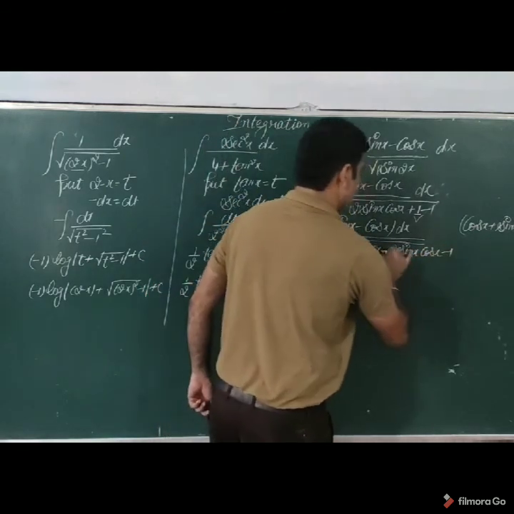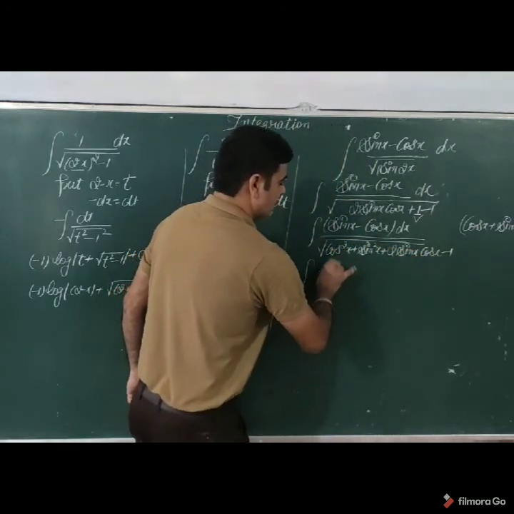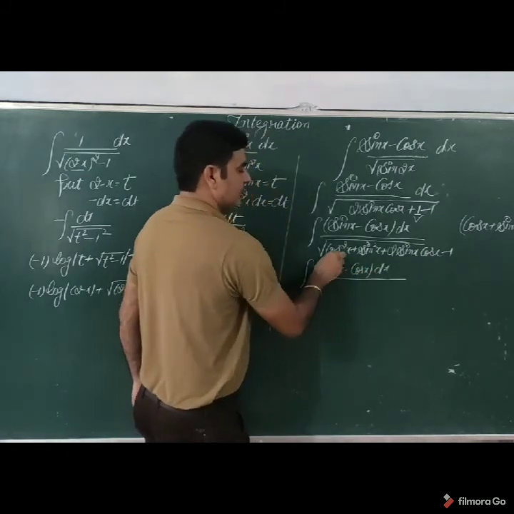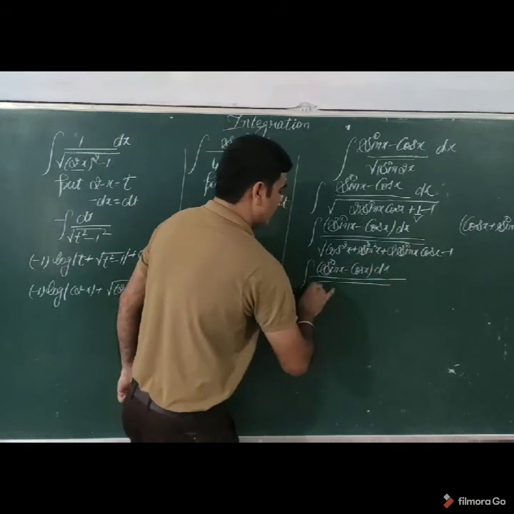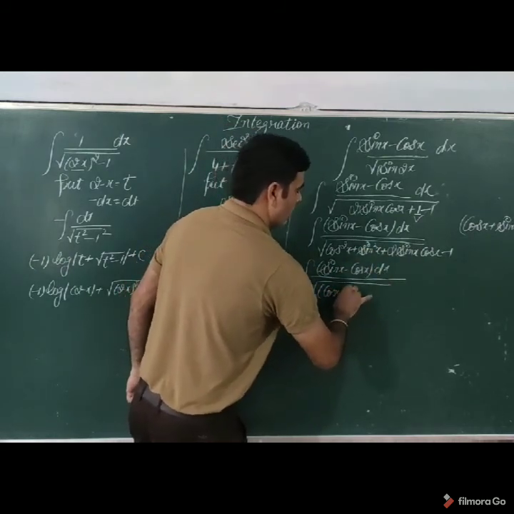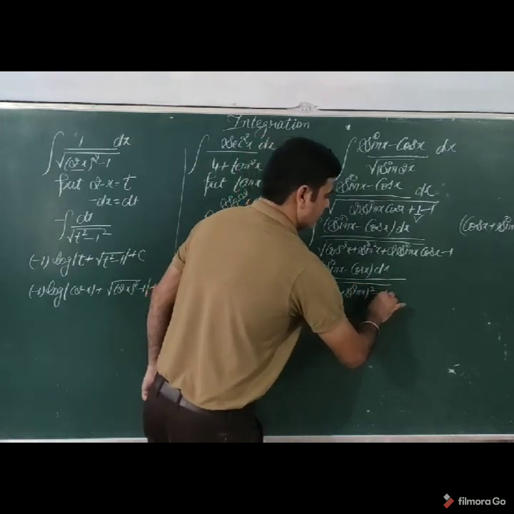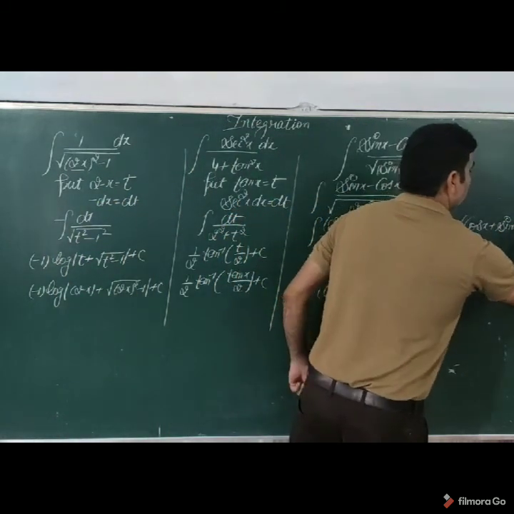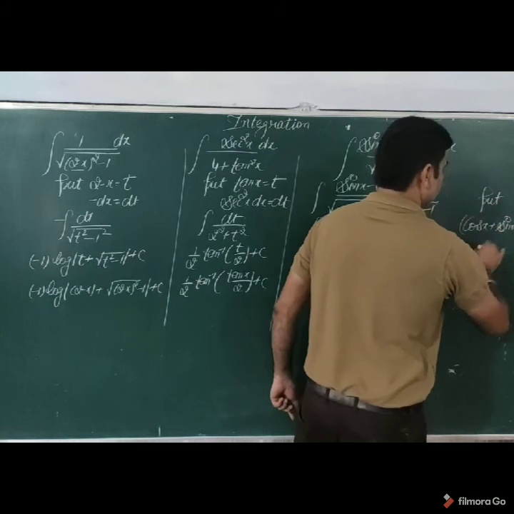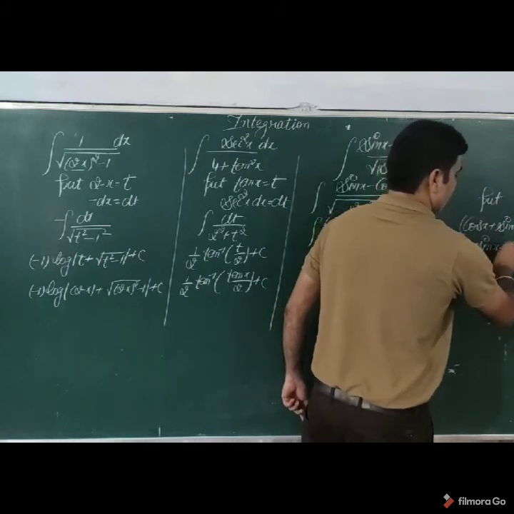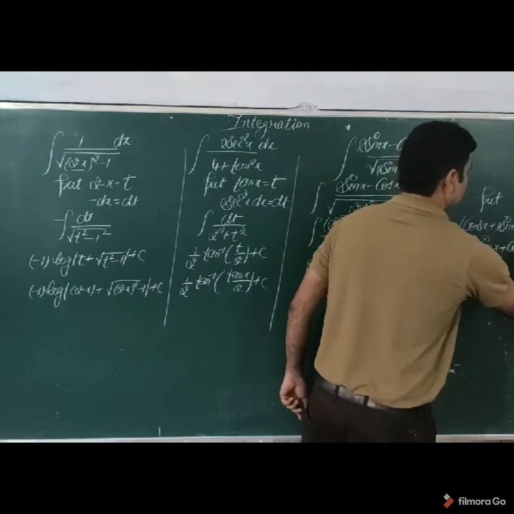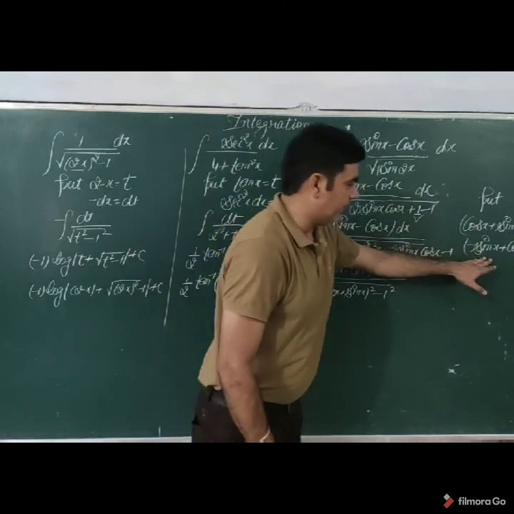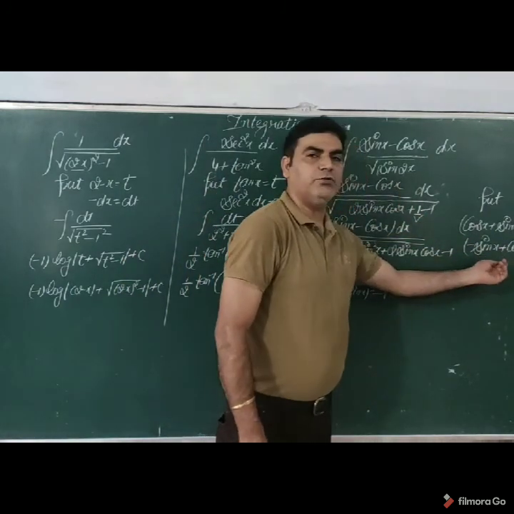Minus 1. Making this a perfect square, sin x minus cos x with dx. In the denominator we get a square plus b square plus 2ab, which can be written as a plus b whole square. Minus 1 can be written as minus 1. Now we are using cos x plus sin x equal to t using the substitution method. Derivative of cos x is minus sin x, derivative of sin x is cos x, with dx equal to dt. What is the change here? Here sin is positive but in the derivative it is negative. Cos is negative, here positive. So we need to change here the sign of sin.